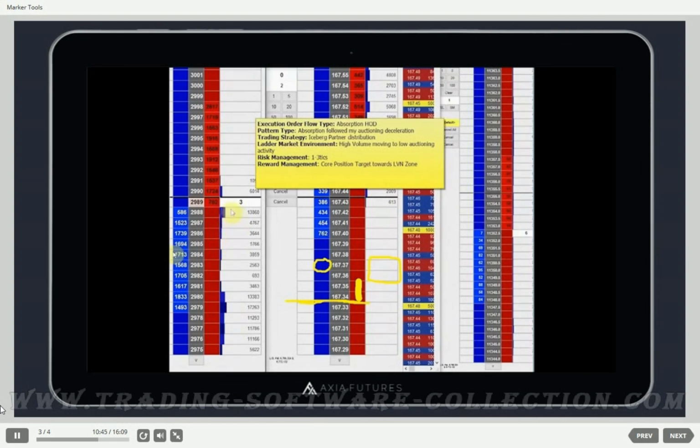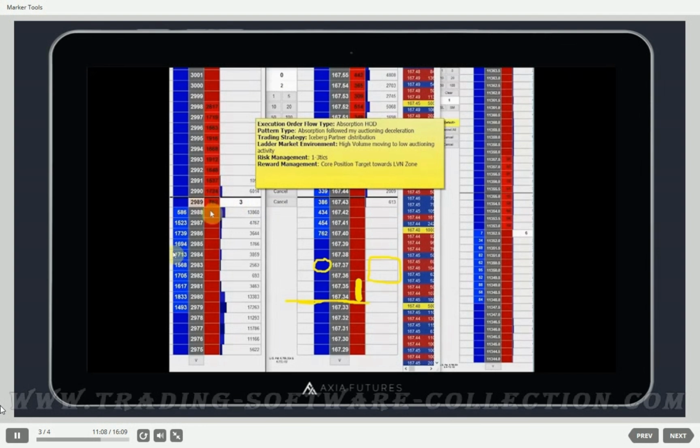So if the most area of volume traded has moved towards the upside, and as it's moved towards the upside, if the volume velocity on the orders being traded continues in an aggressive manner, the iceberg might start giving up his position and the market could continue towards the upside. So the best way to trade this is you see the iceberg and the absorption happening, or the reloading happening